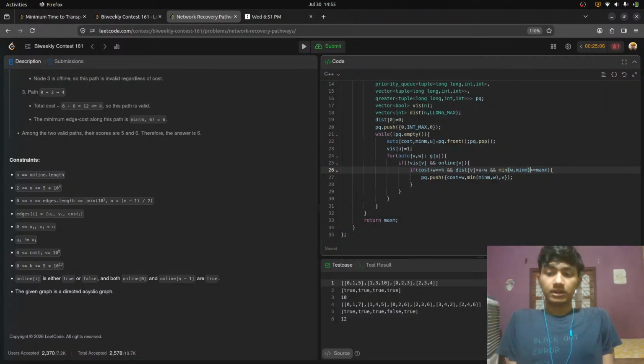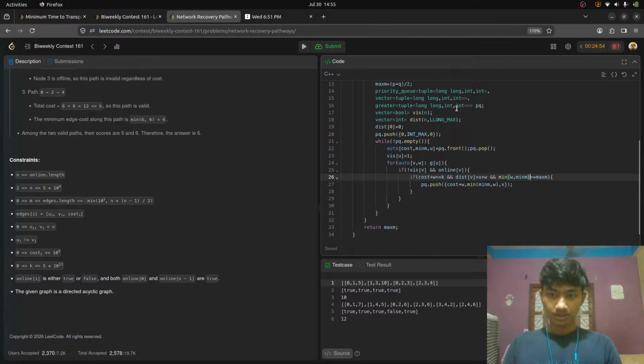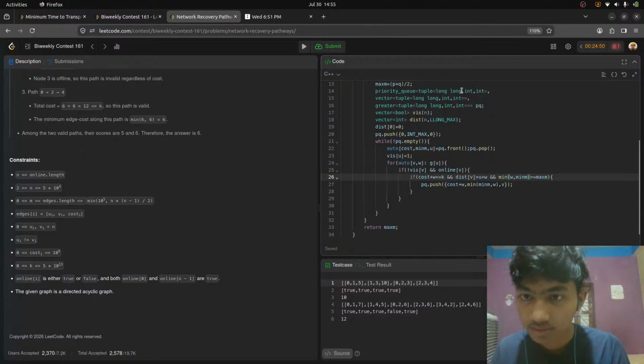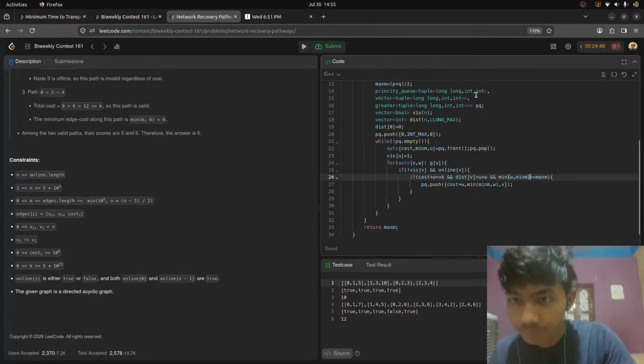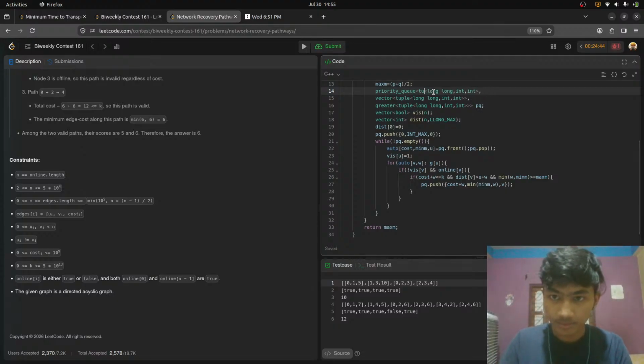Okay, so I'm only going to take those whose weights are. Okay, so one more thing I just realized is that I also don't need the tuple. I only need the cost and u, right? So I can just write a pair instead. So let me just erase everything, like